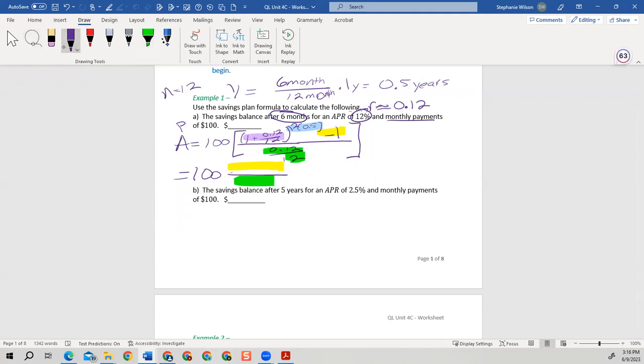So I got 1 plus that fraction, which is 0.12 divided by 12, and we're going to raise that to 12 times that 0.5. And then I'm going to subtract 1. So now in my numerator, I get 0.0615201506. And my calculator stopped and rounded here. Some of y'all may round a little sooner or a little later, but I'm not going to round until the very end. So I'm going to use what my calculator gives me. Then I'm going to take that 0.12 divided by 12, and it gives me